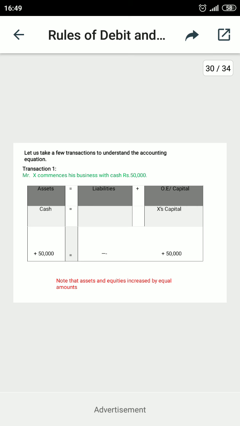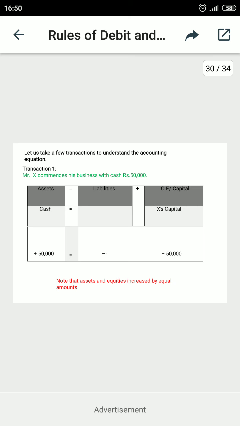When the business started with cash 50,000, the cash is coming into the business and cash is an asset. It has been written down with the name of cash with the amount of 50,000 under the head of asset. Asset will increase by 50,000 with the name of cash. There is no reaction to the liabilities, and the capital means it is invested by the businessman, and the businessman's account is capital. So it will increase the capital account of the businessman by 50,000. So the total, if you calculate, will remain the same: 50,000 is equivalent to 50,000.